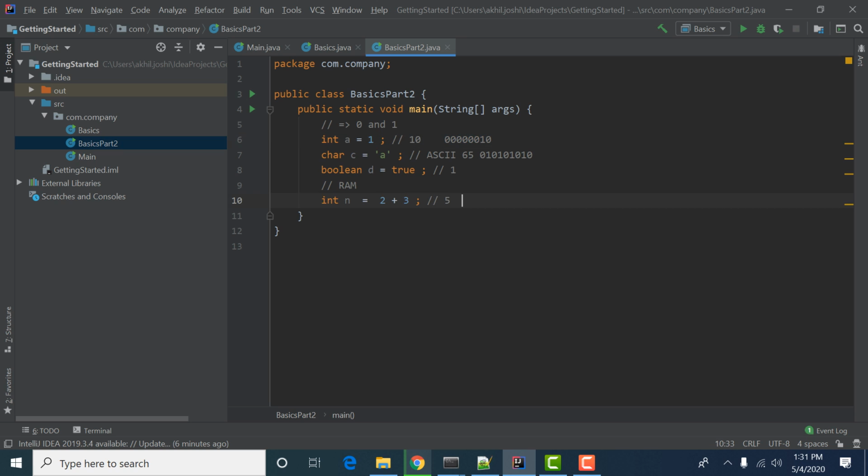There is a concept called binary systems and decimal systems. The numbers which have a base of 10, in which we have values from 0 to 9, are known as the decimal number system. And the number system which has only two values, 0 and 1 only, is the binary number system. So this binary number system is for computers to understand. I will give you the actual true picture of how these things are working in the background.